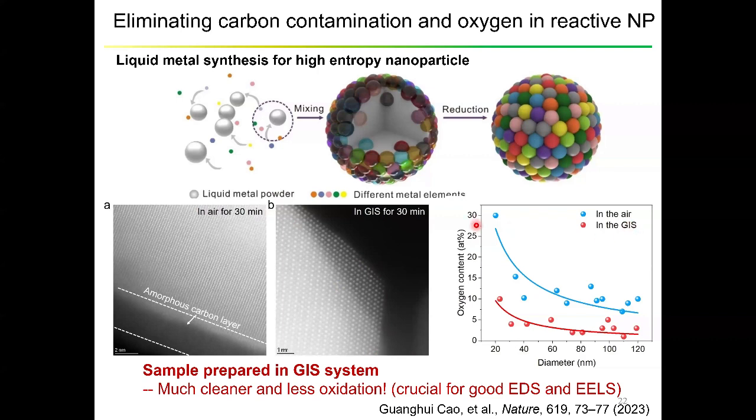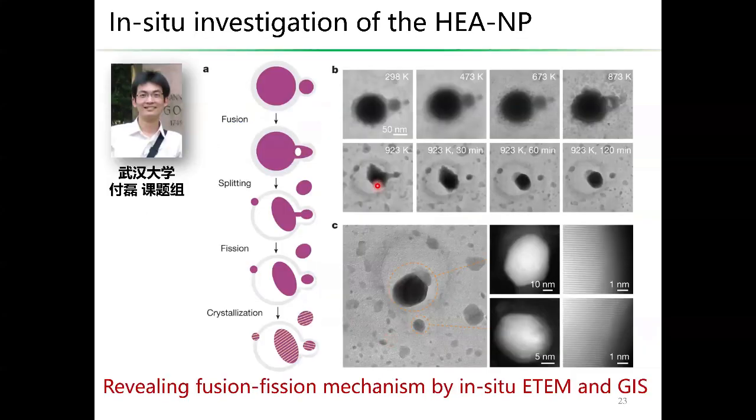And we also compare the oxygen content. By keeping the whole process in the GIS, we can lower the oxidation level down to about 5% of the nanoparticles. So it's much cleaner and has less oxidation when doing the experiment in our GIS system. By doing this, we use our GIS system to connect with the E10, the environmental TEM, and we finally reveal how this reactive